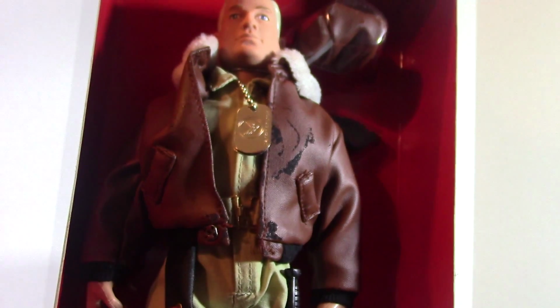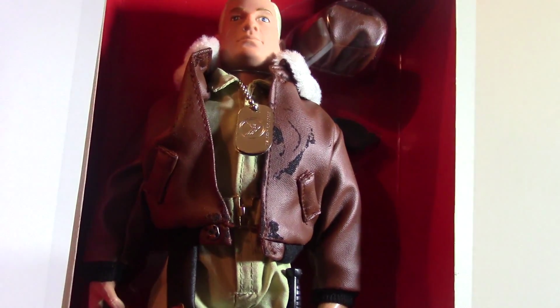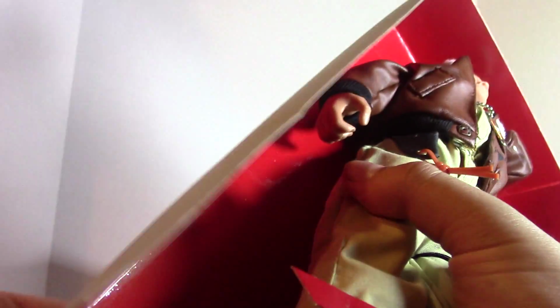He has a knife. His dog tags, which have more melted of this on there. I think it just said G.I. Joe. Doesn't actually have a name for him, just U.S. Army Air Force, which you can kind of see there. Now let me try and move the light to a better position, and yeah, let's get him out of here. I mean, that is what an unboxing is for, am I right? Let's get that off and move this out of the way. And then we have